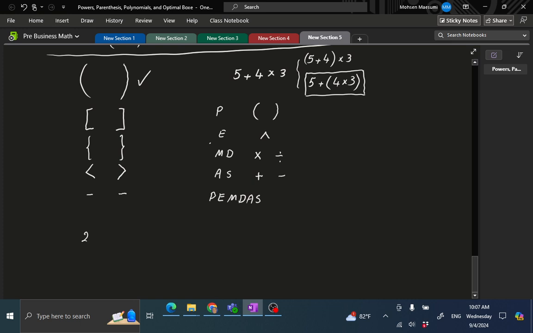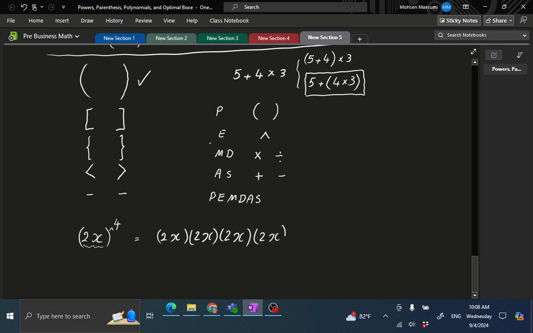So suppose I write (2x) in parentheses raised to the power of 4. What does that mean? This means multiplication is happening first and this exponentiation happens next. So parentheses are always important when there are two operations to be carried out and we want to figure out what goes first. So 2x is calculated and raised to the power of 4 simply means 2x times 2x times 2x times